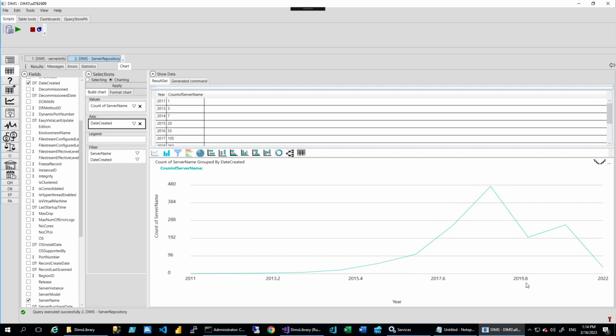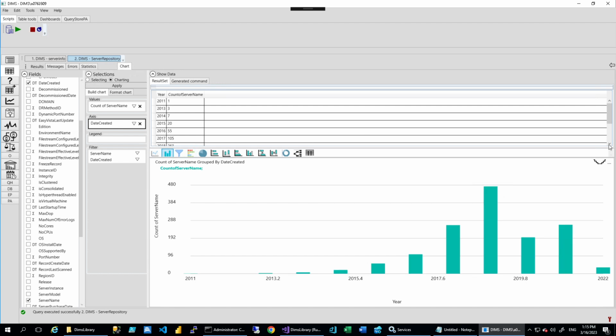Okay, we didn't fix this. We'll try to see if we'll fix it now. But now the chart looks appropriate. We have almost 480 instances which were created, let's say 2008, would be 2018. But if this chart is not very clear, because it tried to chart based on the entire period, we can always change the chart type,